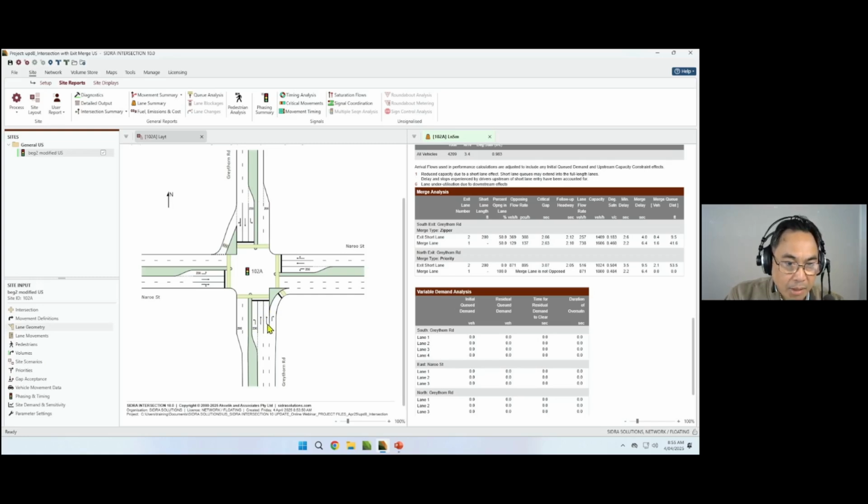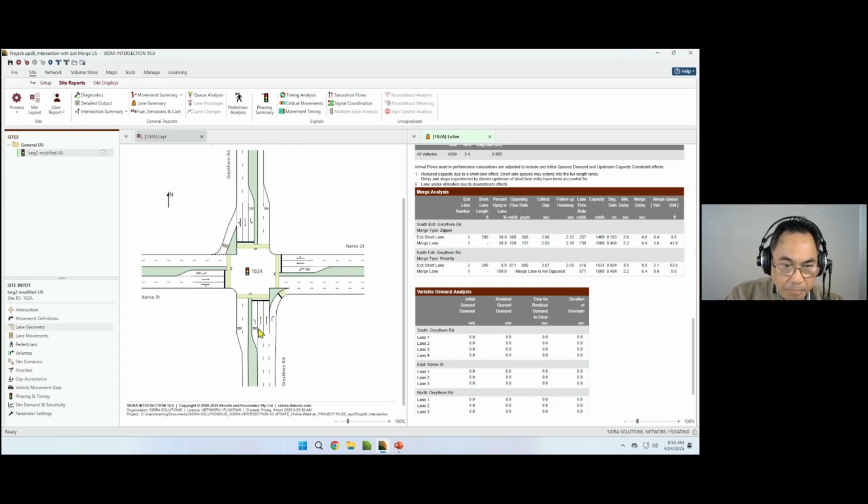We compare that and find out what is the excess merge queue that will be added onto the upstream lane queues here on the approach side, and that will take care of any queue blockage effects of the merge if there's any. So this merge queue here is measured from the point of merge, and then we also measure the excess